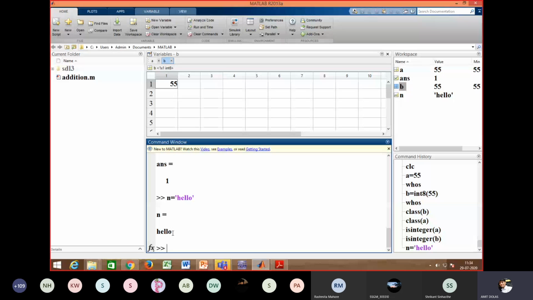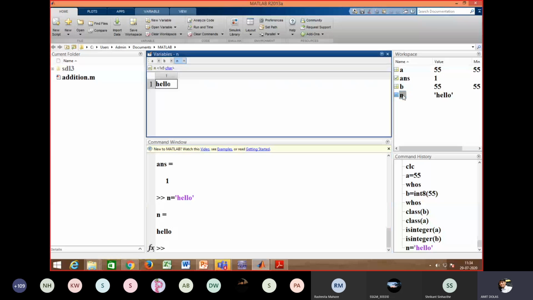It has 1, 2, 3, 4 and 5 characters. If you go to n in the workspace, it is 1 by 5, and here the data type is given. I hope you are able to see n is 1 by 5, and its data type is character, and it has only 5 characters.